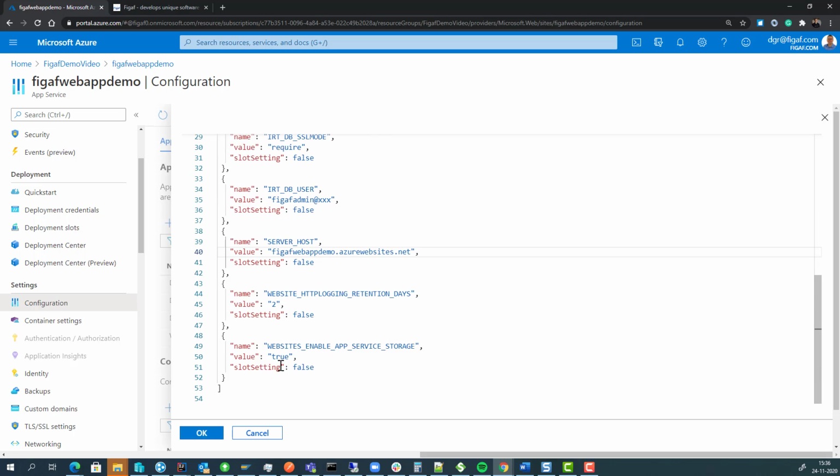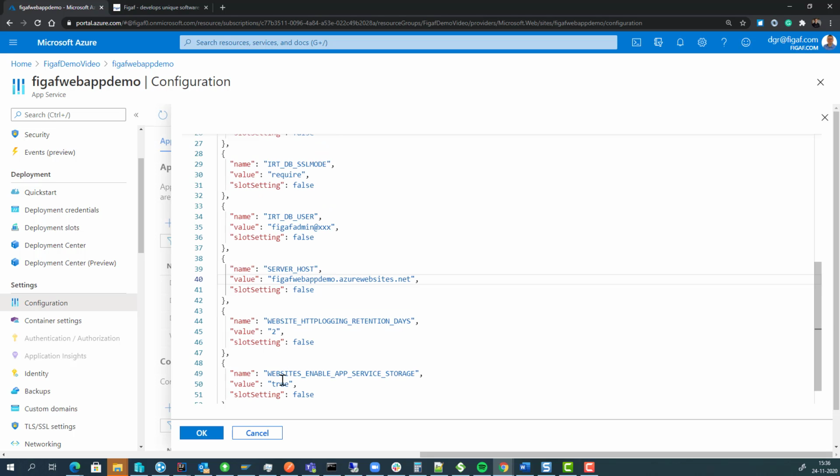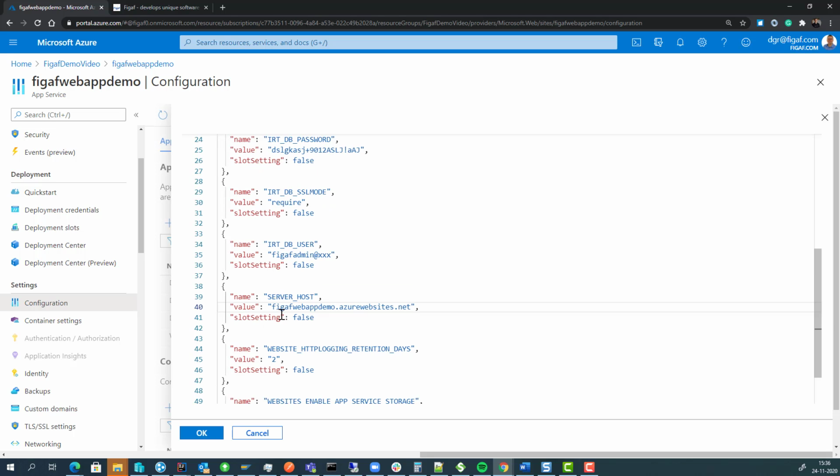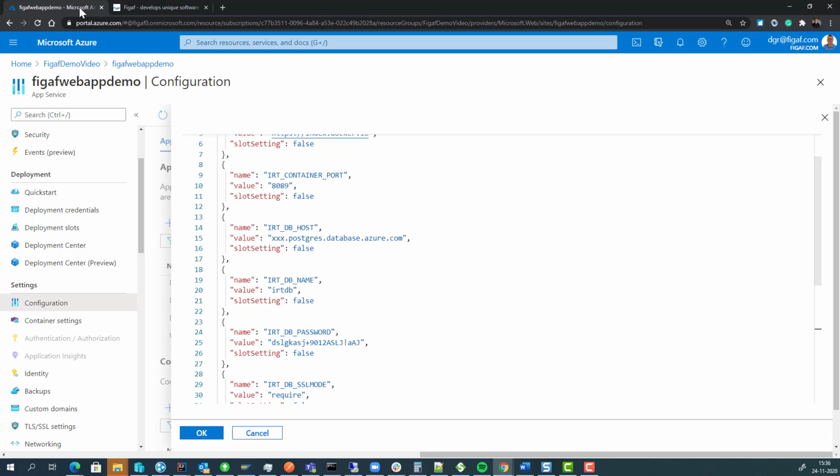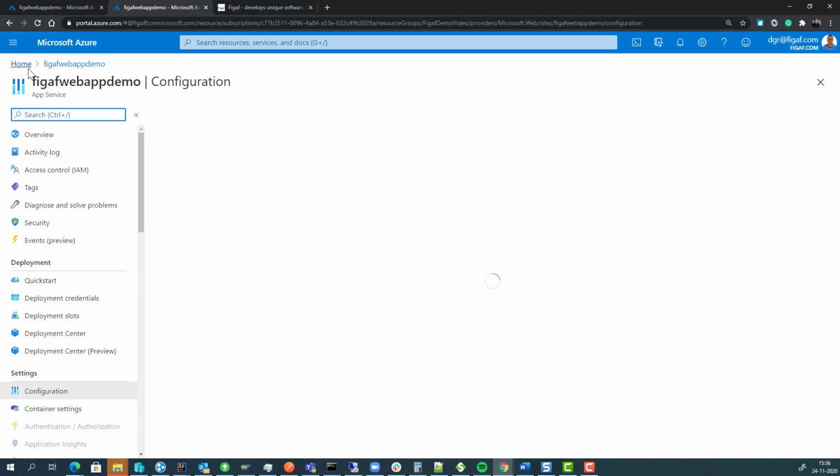Figaf Web App Demo. We have some storage we need to have enabled. And then we just need to have these two missing things configured. So let's just duplicate this one so we can see if the web app